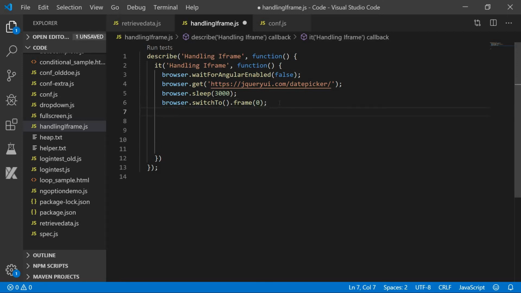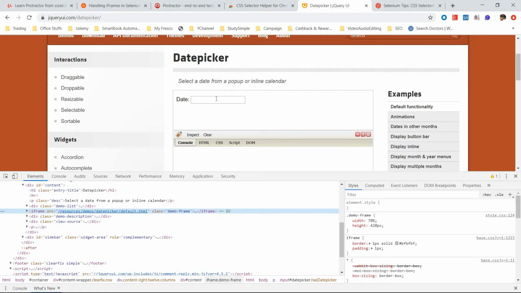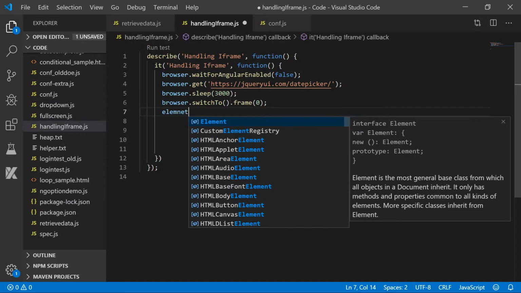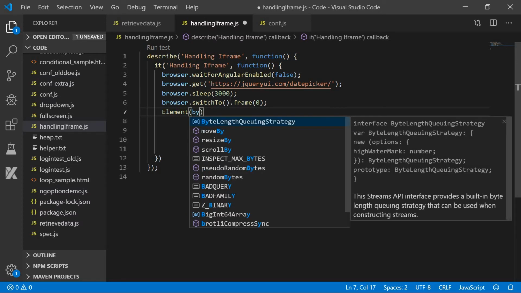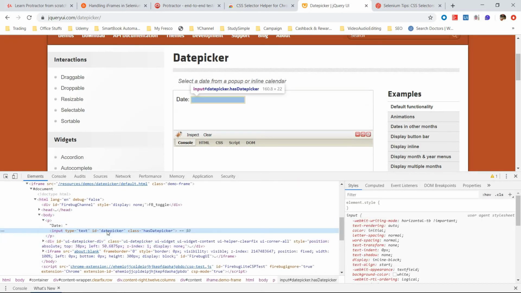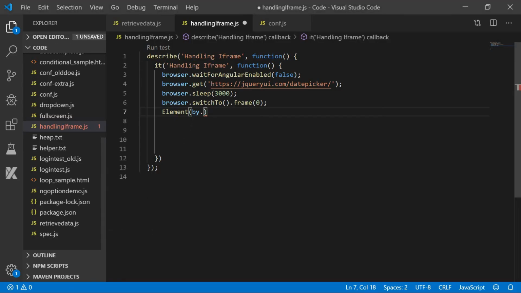Now we have to click on the date picker. Because it is in the iframe, we can click there, or we can check whether we have successfully traversed to the iframe or not. For that we will do element by. Let us see what we have. Do we have any ID or CSS? Yes, we have an ID, so we will pick the ID.